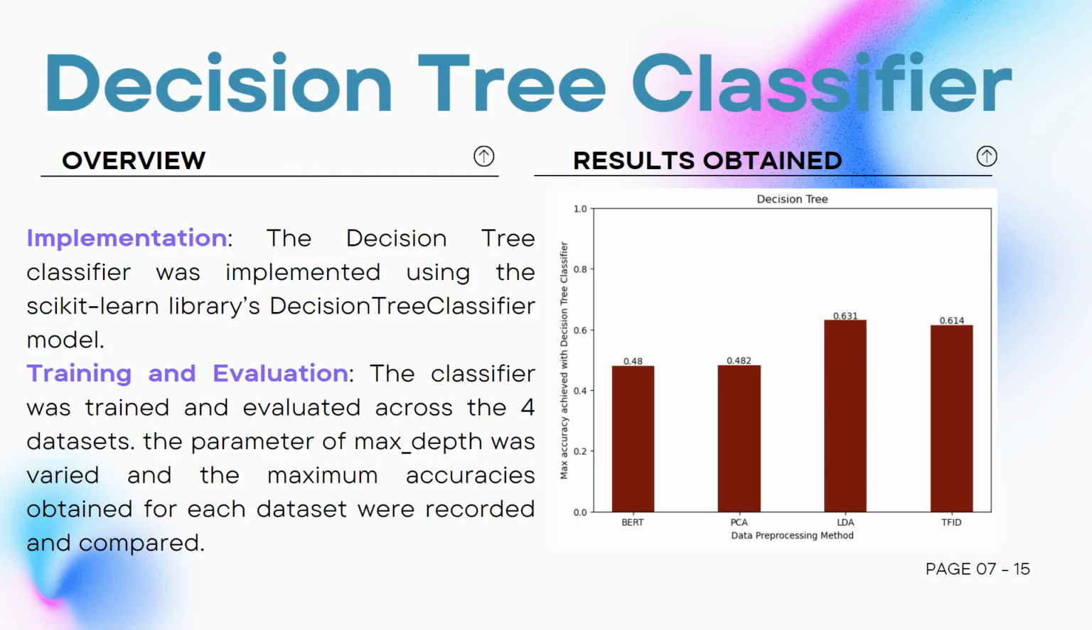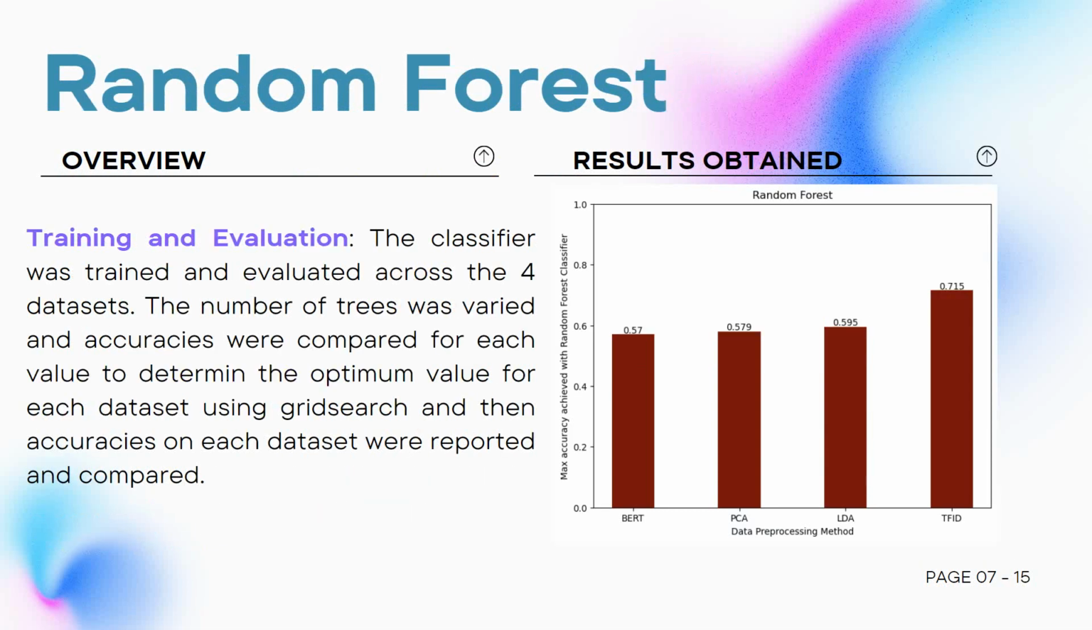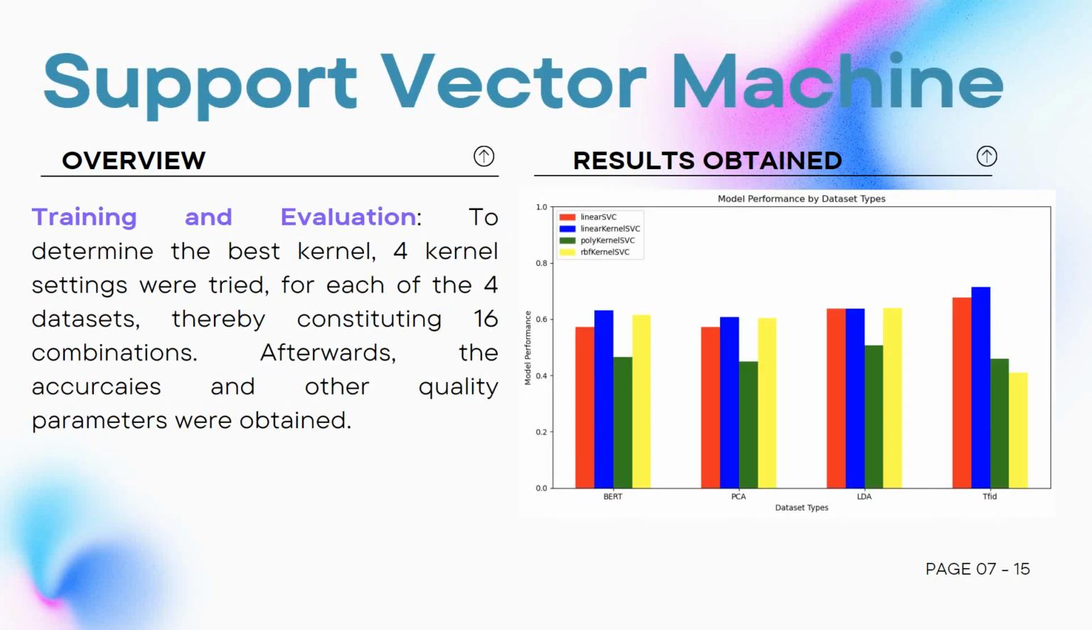The first one being decision tree classifier. It was implemented using scikit-learn's library, and we varied the max depth parameter to obtain the maximum accuracy. Similarly, for random forest, the number of trees parameter was varied, and the optimized accuracy for each dataset was determined. Similarly, for support vector machine, for each of the 4 datasets, 4 different kernel combinations were tried, which included